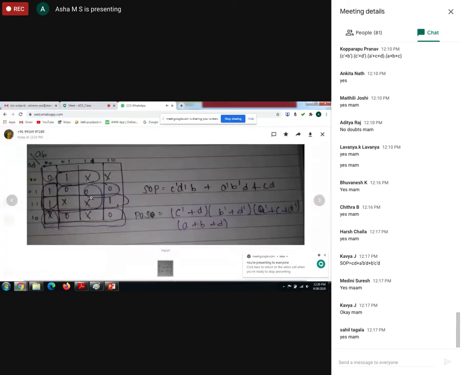Arsh, you are very smart, man. If you write like this in the exam, half of the marks will go. Now itself, I am telling you, for everyone. See, Arsh, how we did. In the same K-map, we marked both POS and SOP. If you are saving your time, we will cut your marks. So for both methods, the K-map should be separate. In a single map, don't mark both.